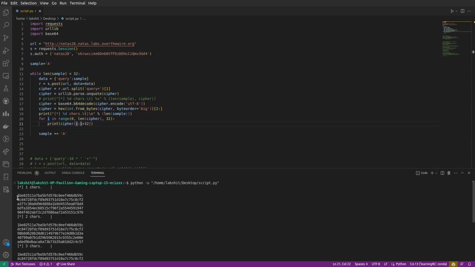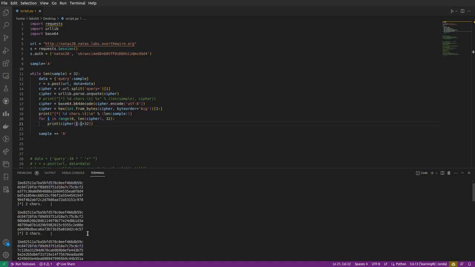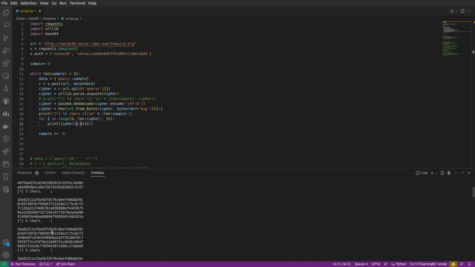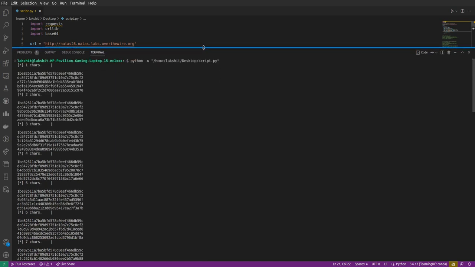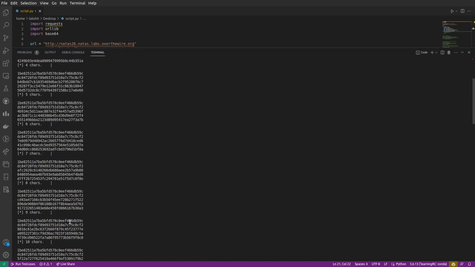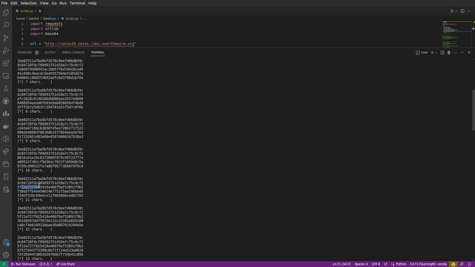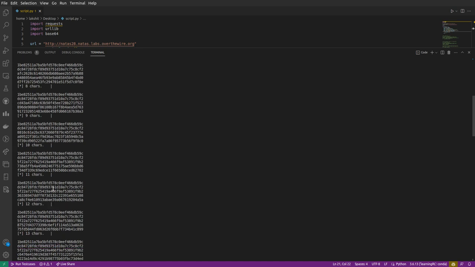You will see that initially the first line and the second line in every query are the same. So we know that this part is just padding and we do not need to care about it. The third line is constantly changing, but if you see multiple queries, after we increase the number of A's, you will notice that from the 10th query onwards, the third line starts remaining constant as well. And we also observed before that from the 12th to the 13th, there is an increase in a